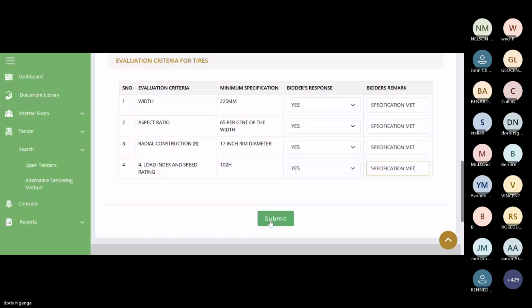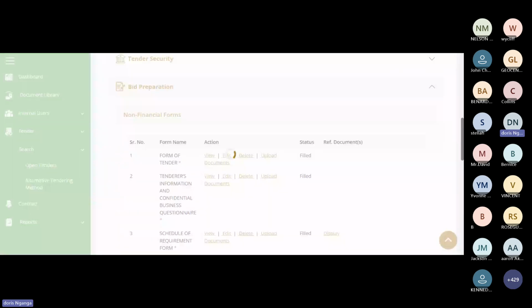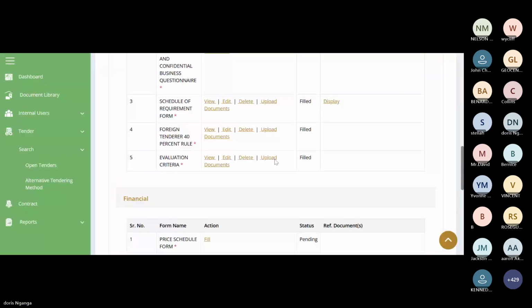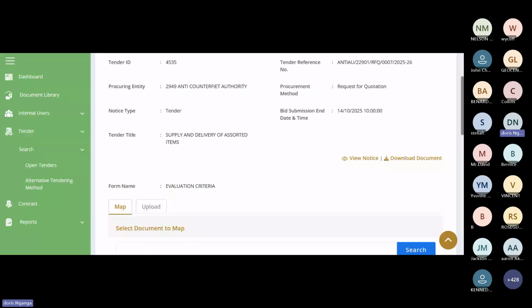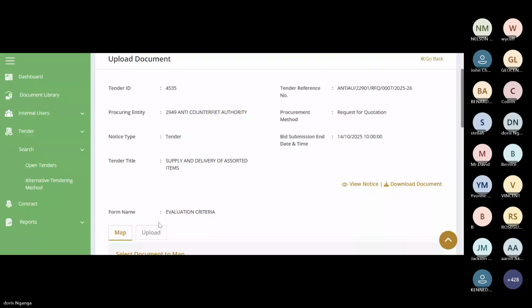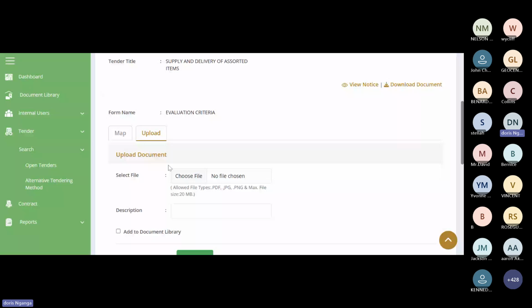And also, you can support this by also uploading the schedule of requirement as the procuring entity had given. Remember, we downloaded this document, so we have the schedule of requirement. So we upload, you choose schedule of requirement. So upload.